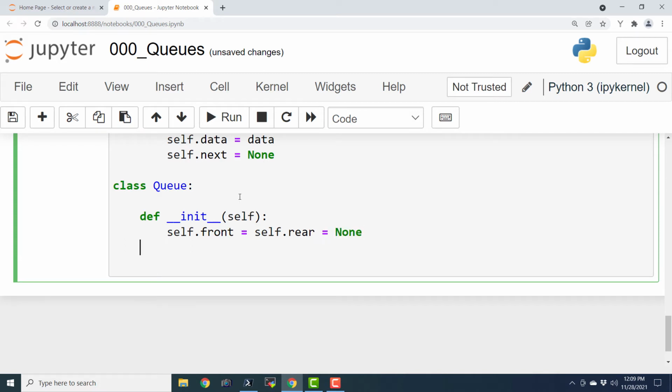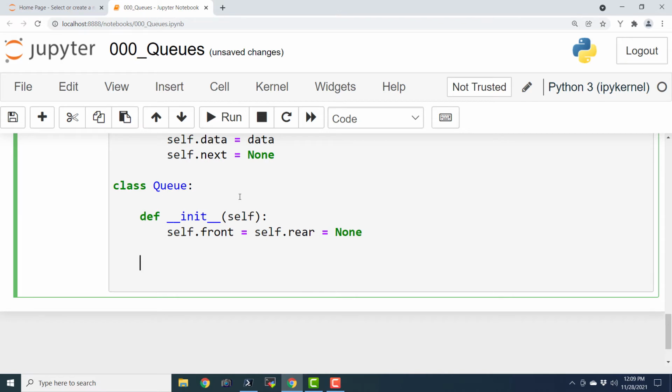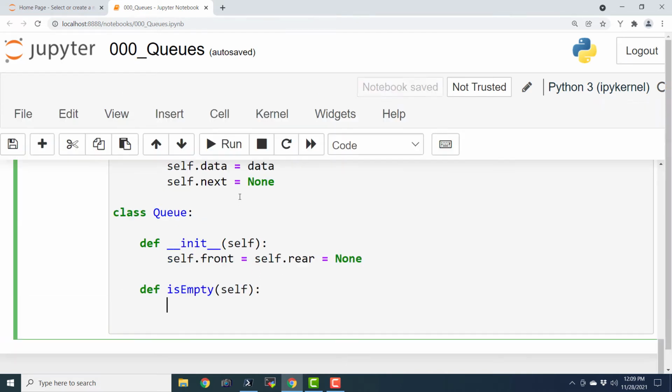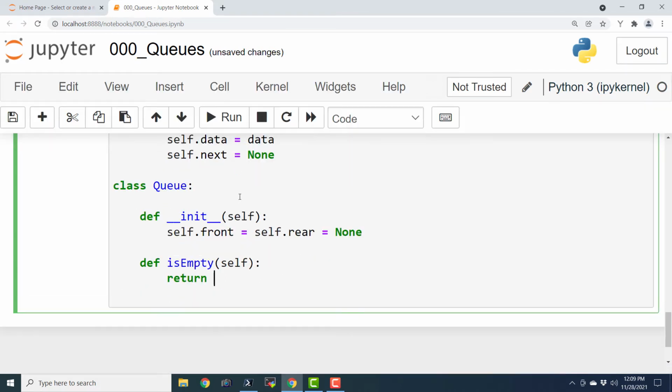So this is the basic of the queue, and this is the constructor for the queue, and def is_empty and self. So we are going to check here if the queue is empty. Return self.front equals None.